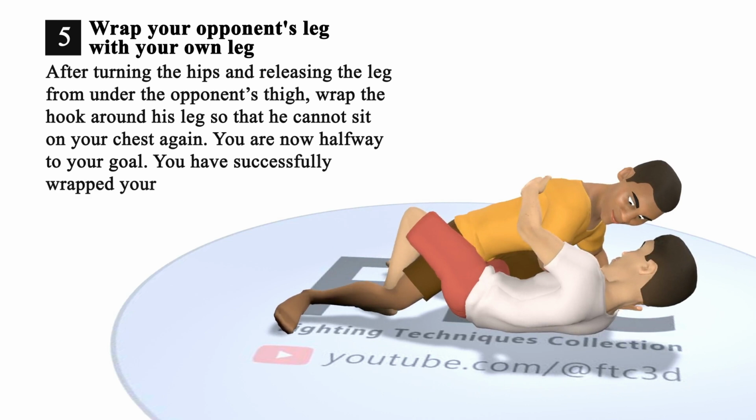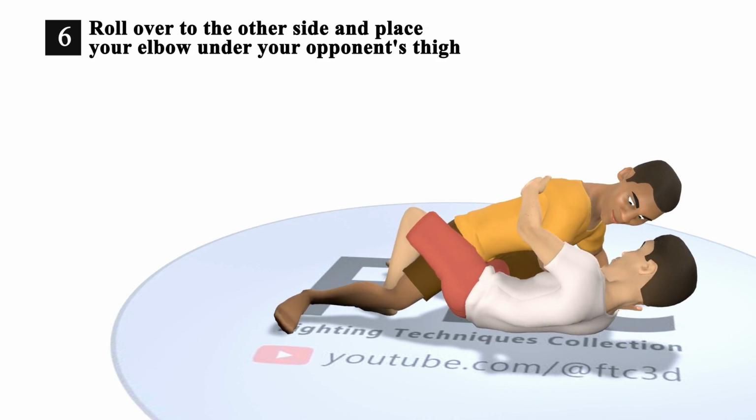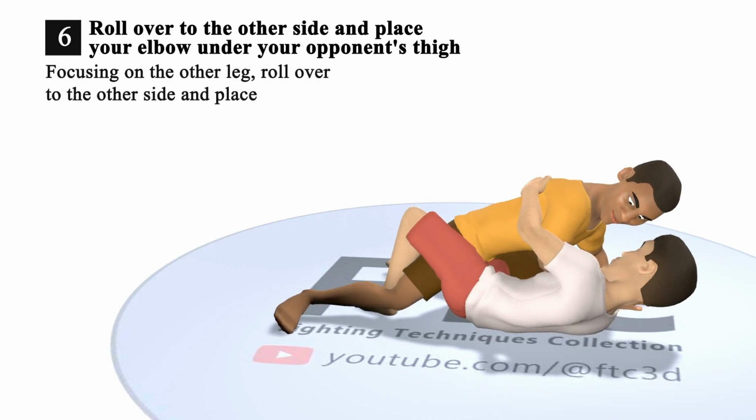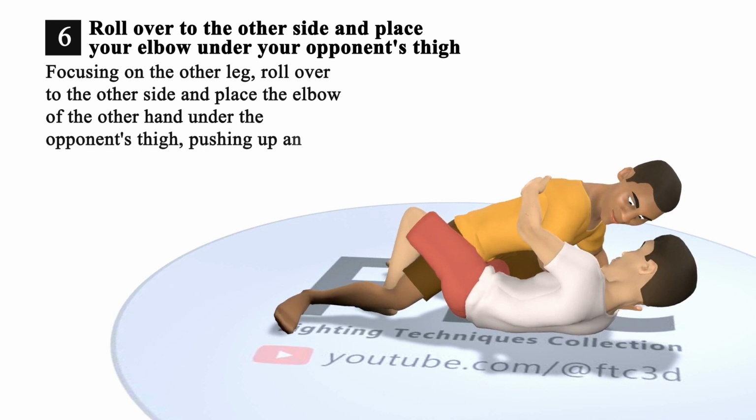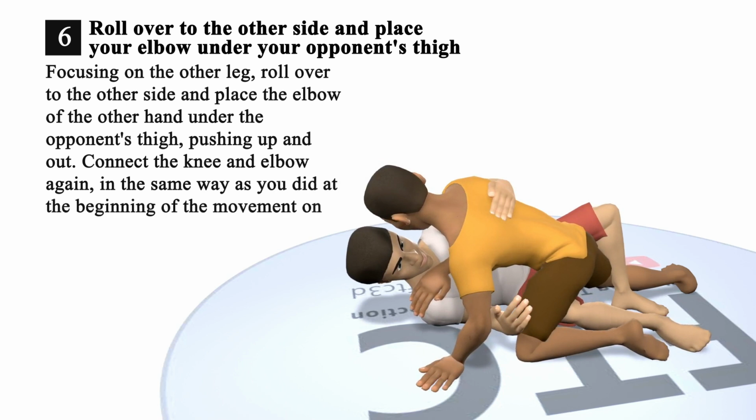You have successfully wrapped your leg around your opponent's leg, but he is still half sitting on you, so you should continue moving. 6. Focusing on the other leg, roll over to the other side and place the elbow of the other hand under the opponent's thigh, pushing up and out. Connect the knee and elbow again, in the same way as you did at the beginning of the movement on